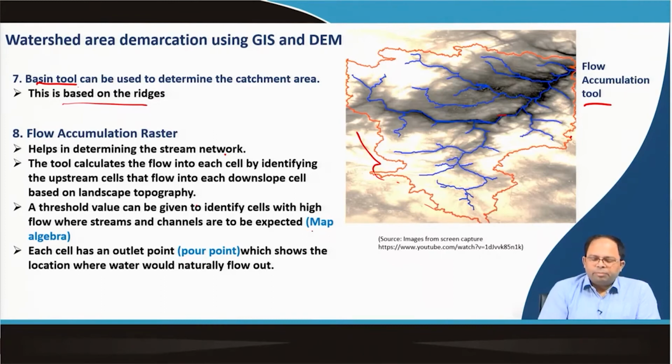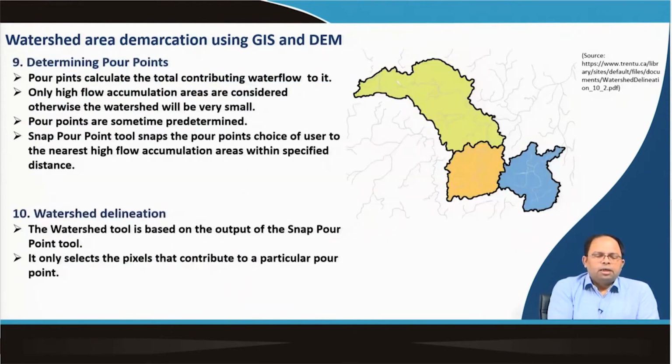This could be computed using map algebra by doing some basic computations in GIS, where cell values higher than this have to be chosen. Each cell has an outlet point or a pour point, which shows the location where water would naturally flow out. So, wherever the water is going out from a particular cell, that is the outlet point or a pour point. Then, using the pour point tool, we determine the pour points. Pour points calculate the total contributing water flow to them. That means at a particular pour point, we determine how much water is coming to that pour point